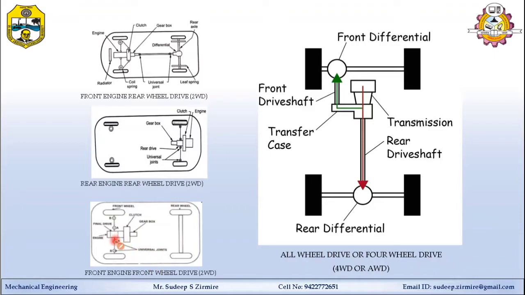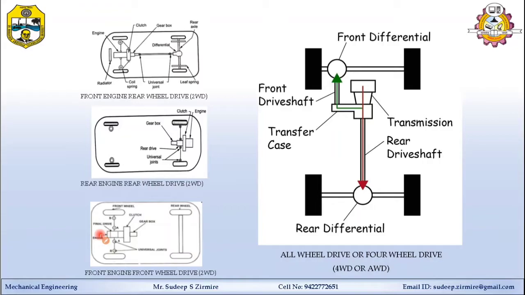Okay. Next is the front engine front wheel drive. You can see this type of layout in common cars like the Maruti 800, Alto, Swift. So the power of the engine is given to the front wheels. The propeller shaft length is reduced or neglected in this type of layout. It is also advantageous. It provides good grip with the road surface due to the engine weight at the front. Because of this arrangement, wheel skidding and slipping is very much reduced.